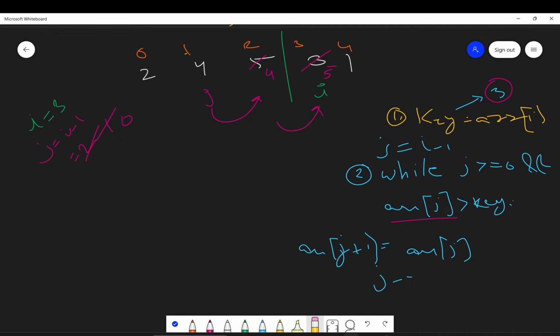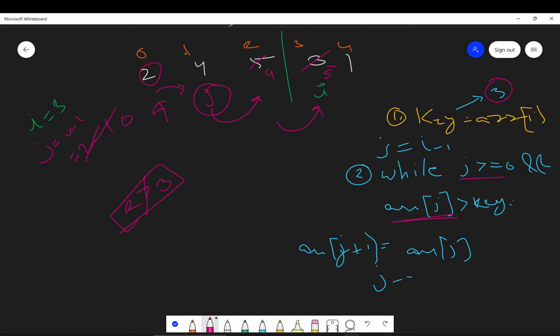Okay, now again j is greater than or equal to 0, right? And arr of j, which is 2, is greater than key, which is 3? No, hence we got the position, where the next element we will be keeping the key.